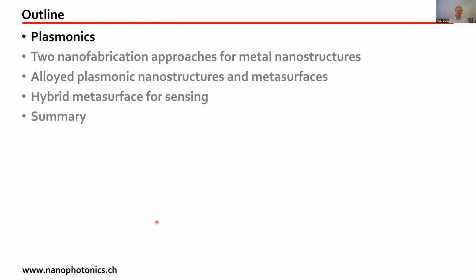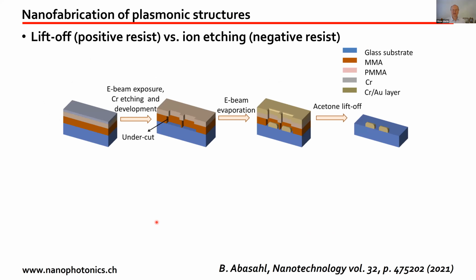Now, I'd like to start by describing two main nanotechnologies that are used to produce these nanostructures. We have seen that the material is important, but also the shape of the structure is important. So we need to be able to fabricate nanostructures, dimensions sub 100 nanometer, but well-controlled shapes. And the very traditional approach for that relies on a positive photoresist and liftoff. So what does that mean?